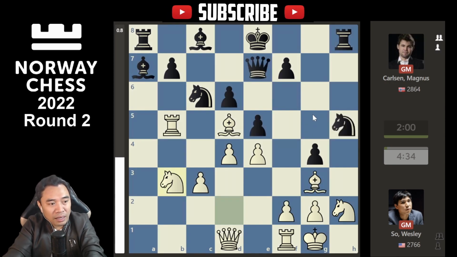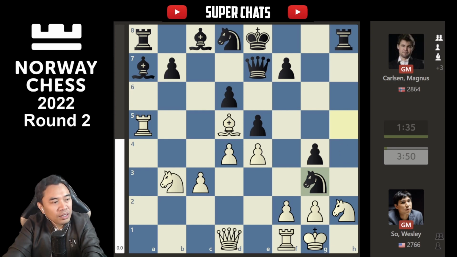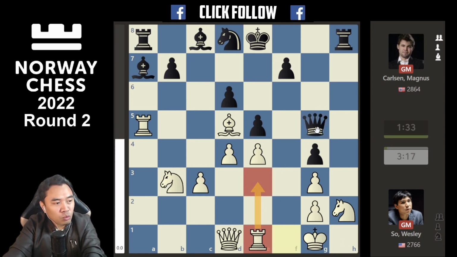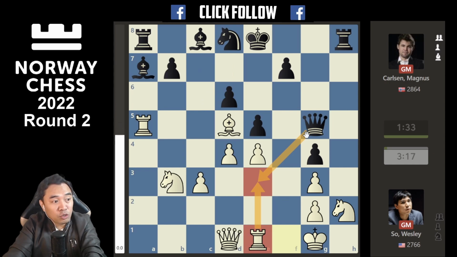But let's go back. Magnus went knight d8, then rook a5 to pressure the bishop, then knight takes g3, capture, queen g5. So Magnus wants to attack the e3 square, and immediately Wesley played rook e1, to avoid the queen e3 check. Then now Magnus activates his knight with knight c6. So maybe another question is,